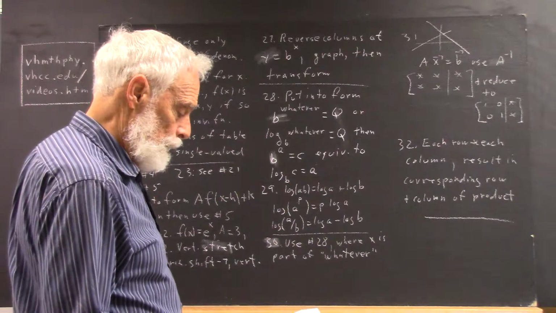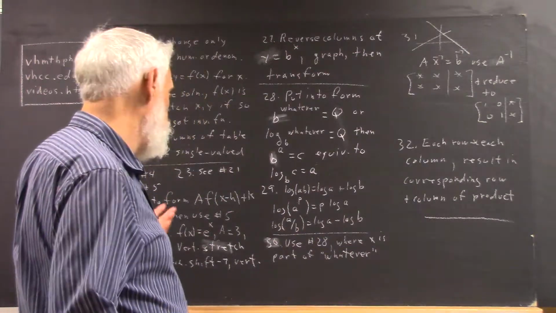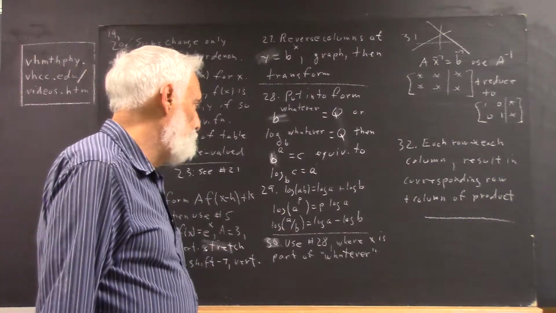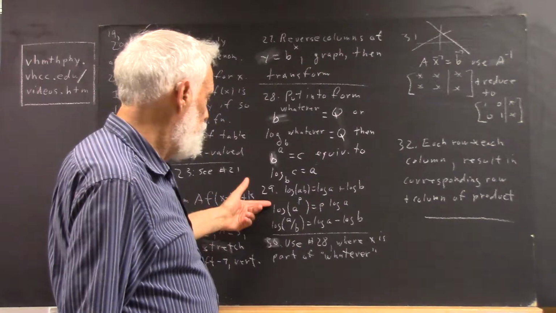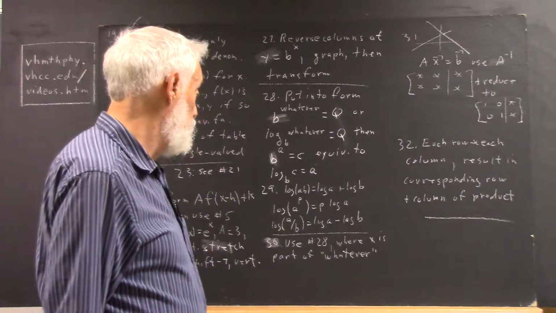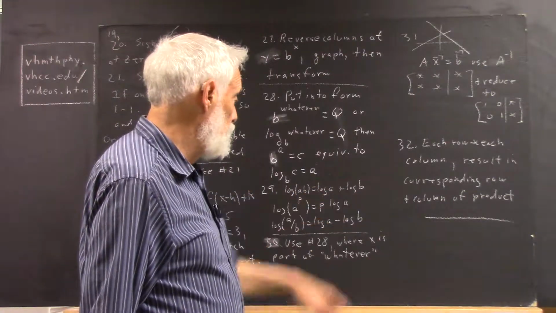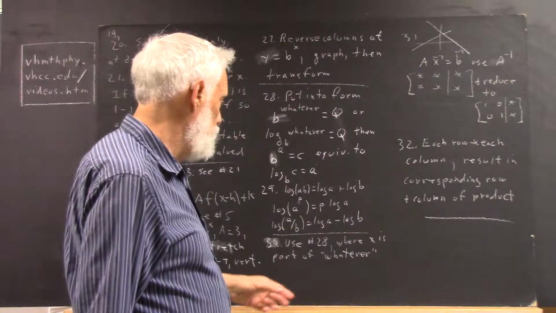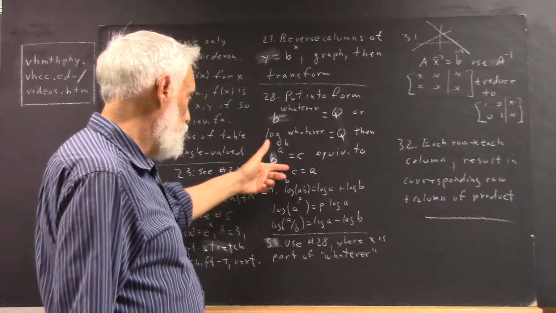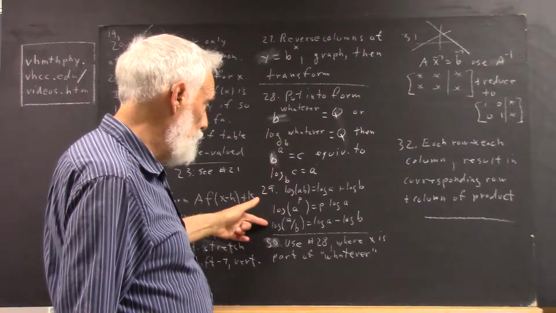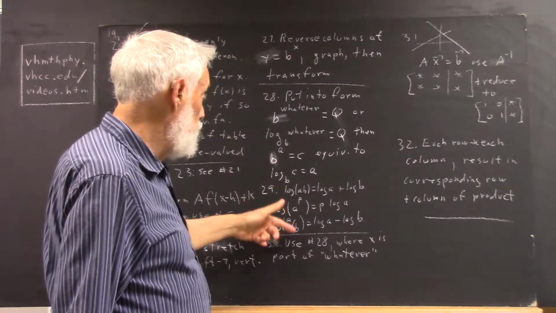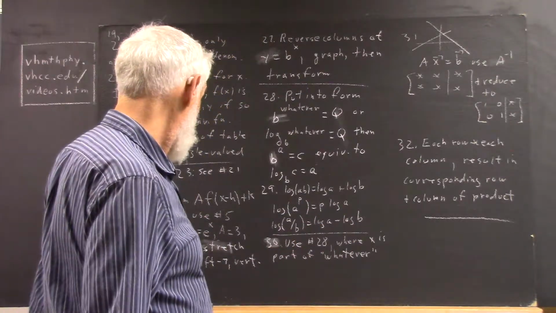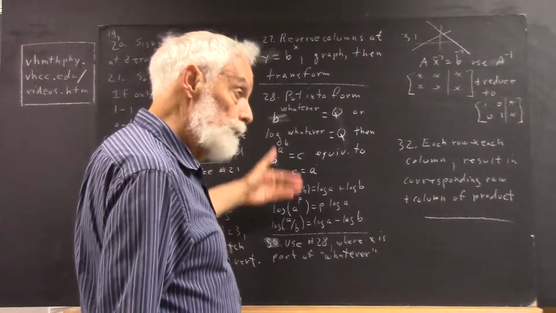Number 29: convert logarithms of powers, quotients, etc. to logs of single quantities. You have these three laws of logarithms. Log of AB is log of A plus log of B. Log of A to a power is the power times the log of A. And that's kind of redundant with this one, because these two could be combined to give you this one. Log of A over B equals log of A minus log of B. Okay? Using those basic rules,